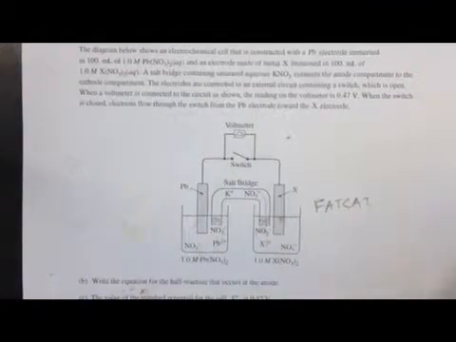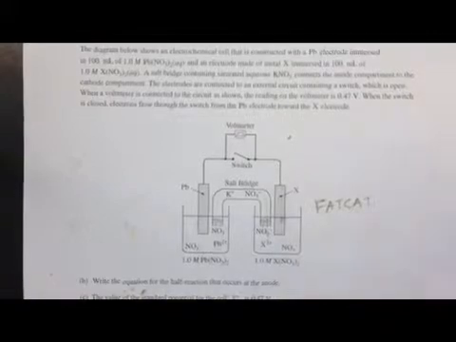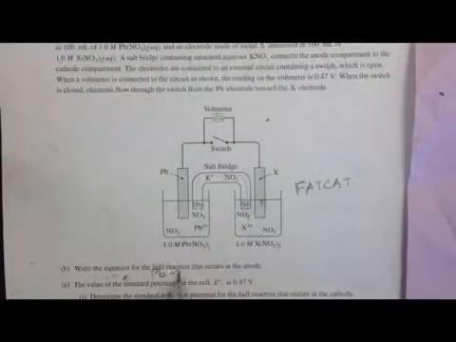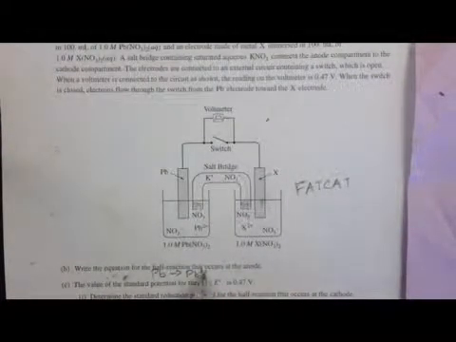So knowing that the electrode is lead, we look at our chart, and since E cell is cathode minus the anode, we know that cathode will be above lead, so we'd have to flip the anode. And then we look at lead and flip the equation, which would give us Pb to Pb2+ plus 2